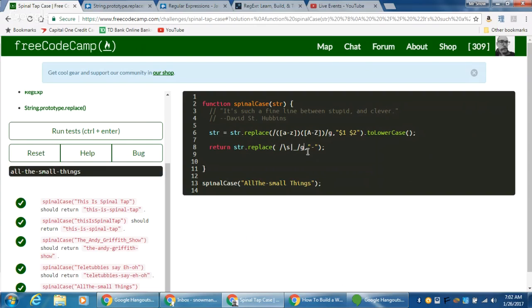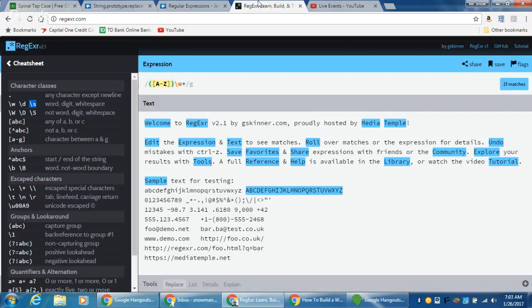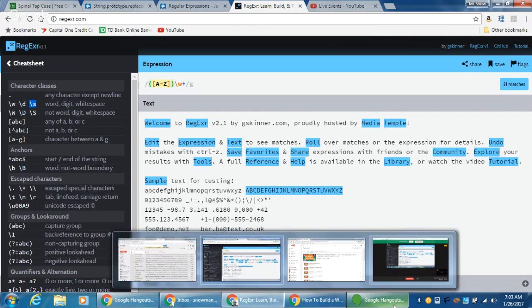So hopefully this was helpful and gave you a better understanding of regular expressions and how to use them. Once you break them down into what they're doing, they're actually pretty simple, even though if you take a look at this expression, it looks really complicated. Just try to break it down and understand what's going on. And like I said, this is a good website to help you out. Alrighty, so hopefully this was helpful, and I will see you